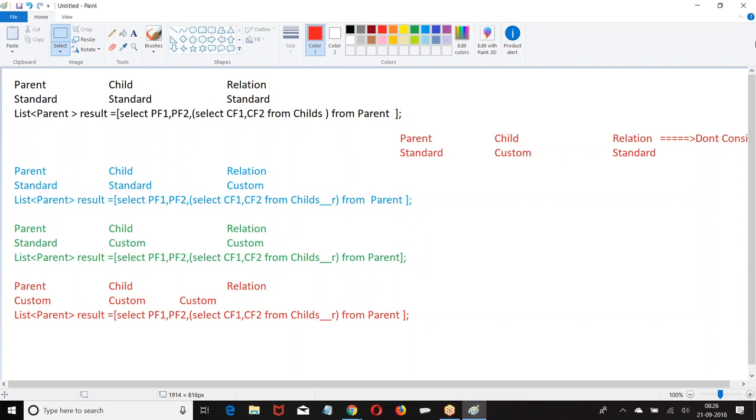For a parent that is a custom object, customer underscore C will come. I told you it's a parent. If it is a standard object, you get it with its standard name. If it is a custom object, it will be the custom object name followed by underscore C. If it is a standard object, I didn't give the name of the parent.